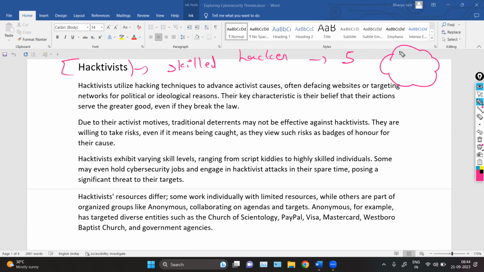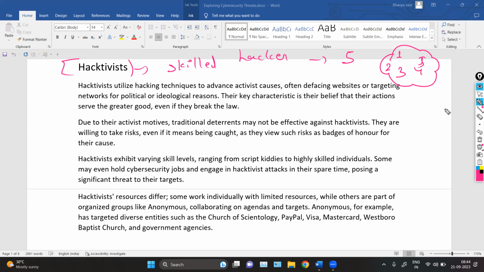For example, one hacker or activist is skilled in creating malware. The second member of the same group is skilled in something else, like hacking servers. The third member is skilled in, let's say, breaking passwords or breaking algorithms, etc. And the fourth and fifth. So these hackers are all skilled in different activities. Some can break the system, some can break servers, some can hack CCTV cameras. So the group members are skilled in different activities.